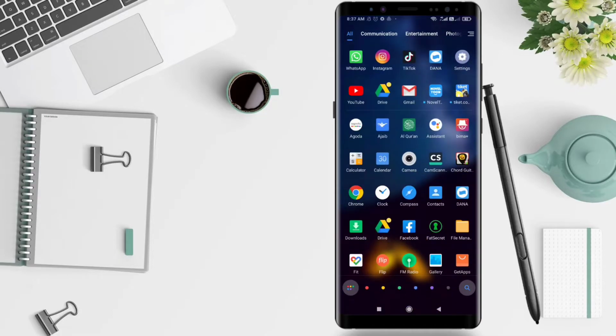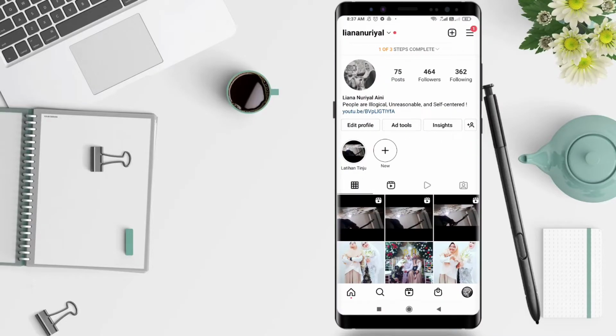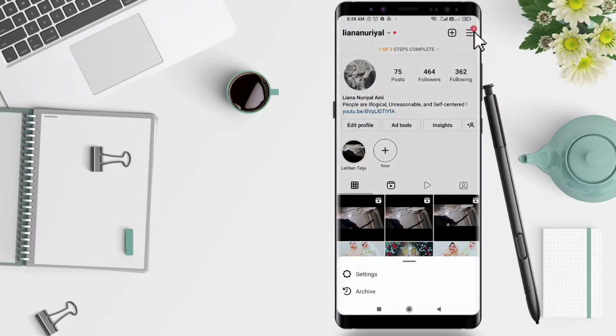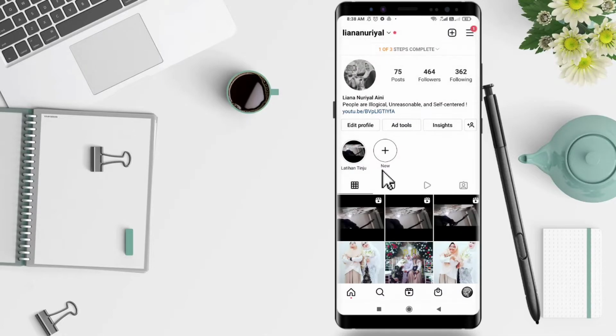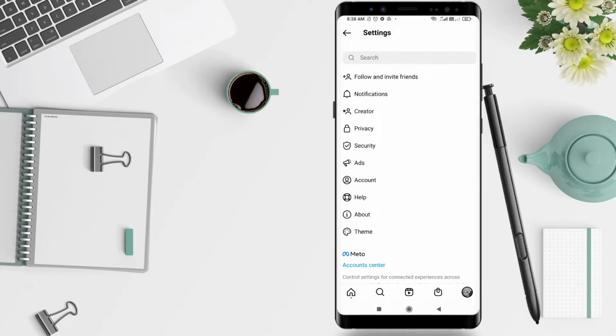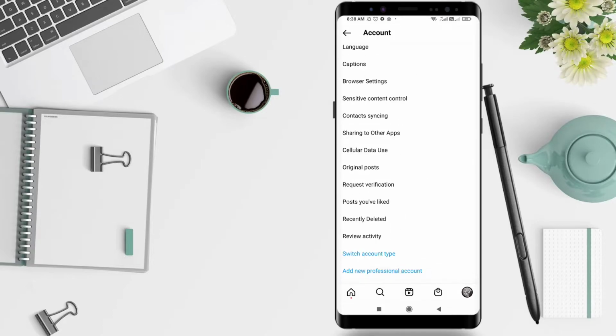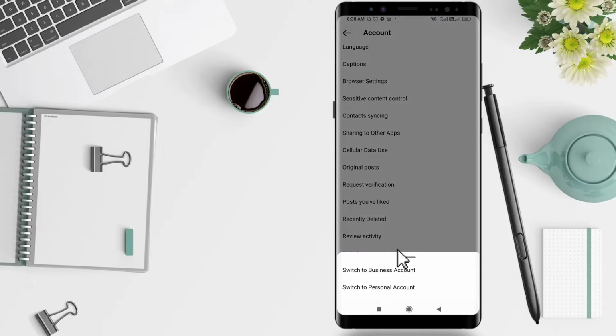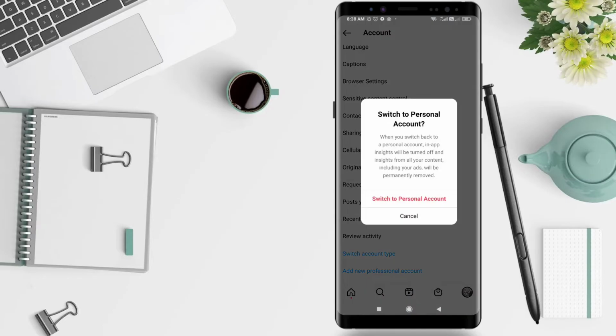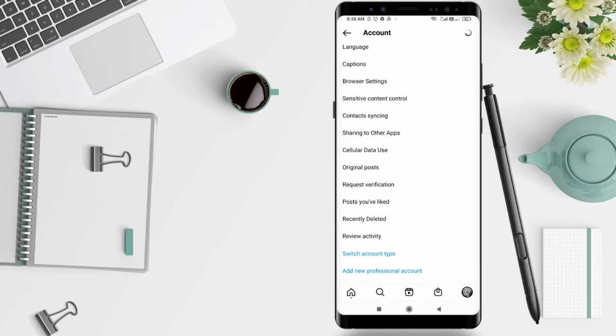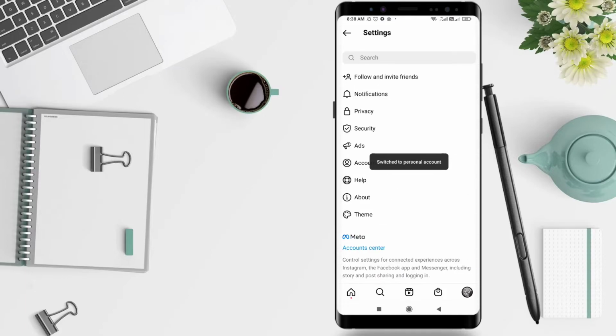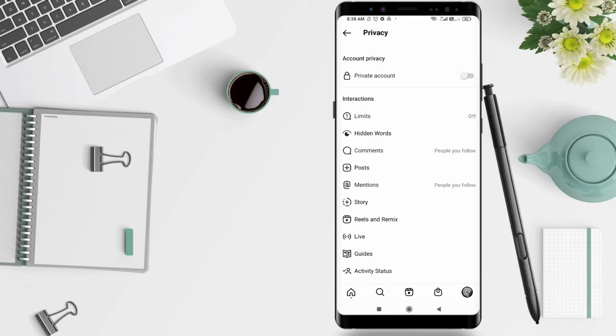First we click the Instagram application. After that you click the three lines here and click settings. After that you can click the personal account, switch account type, personal account, and go back to privacy and slide